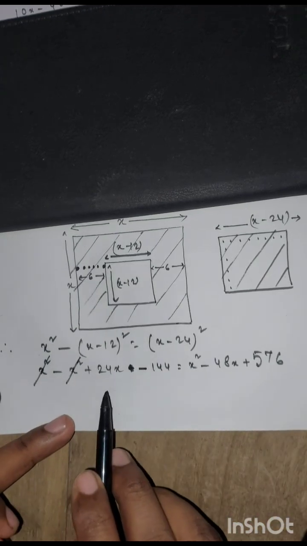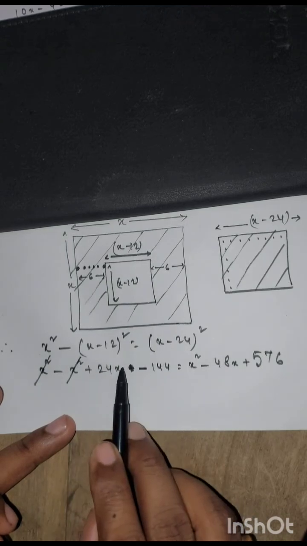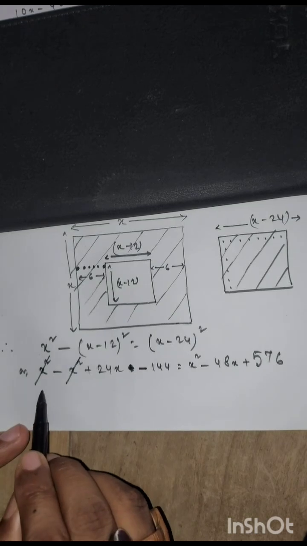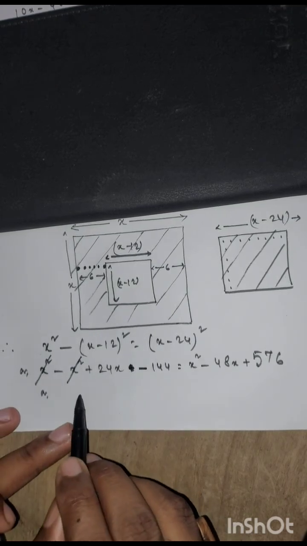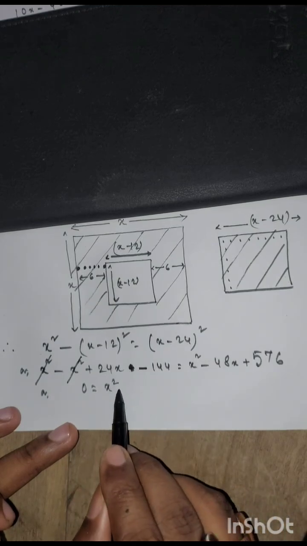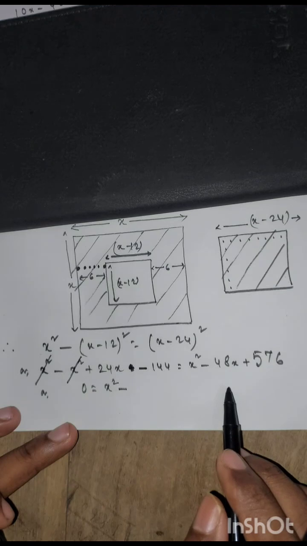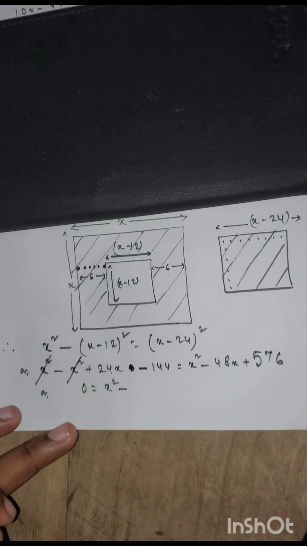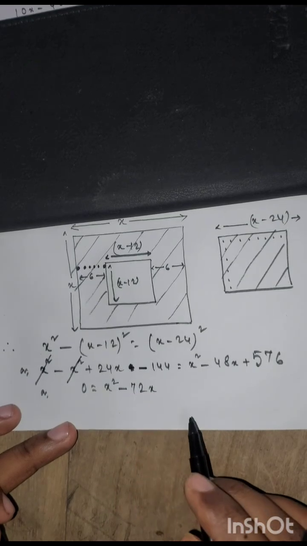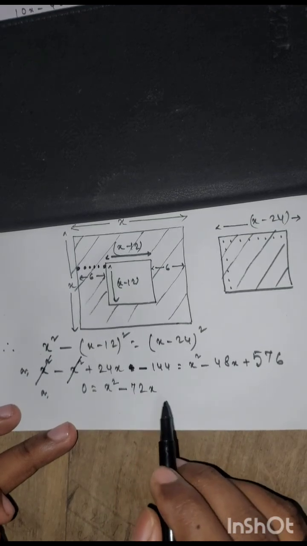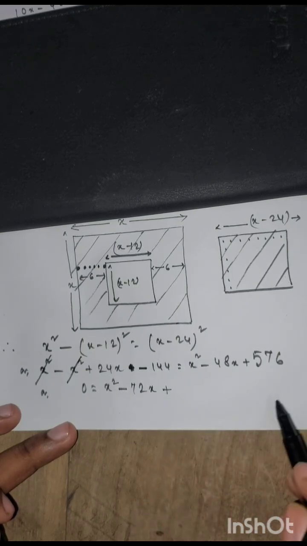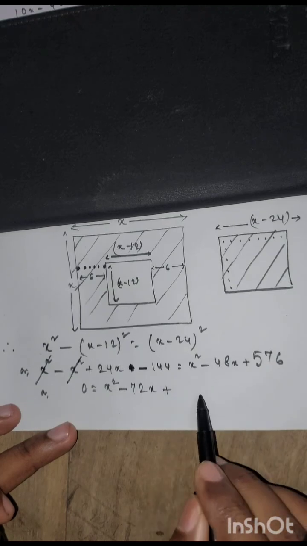Now if we take these two numbers to the right side, we are getting (576 plus 144), which is